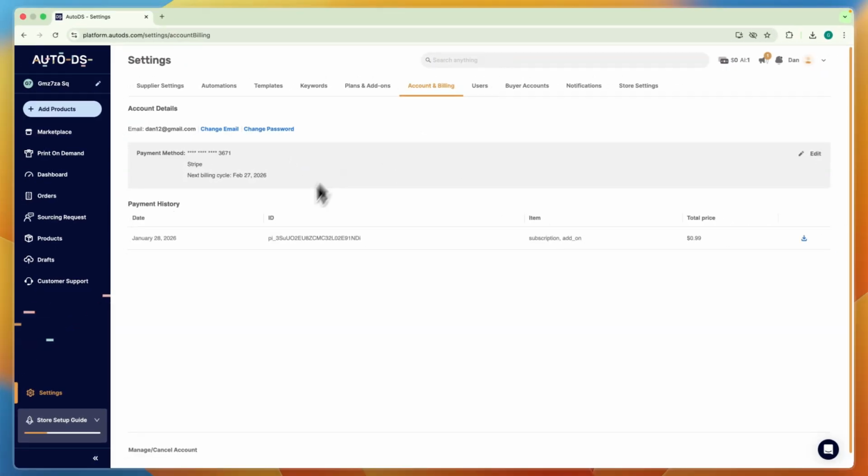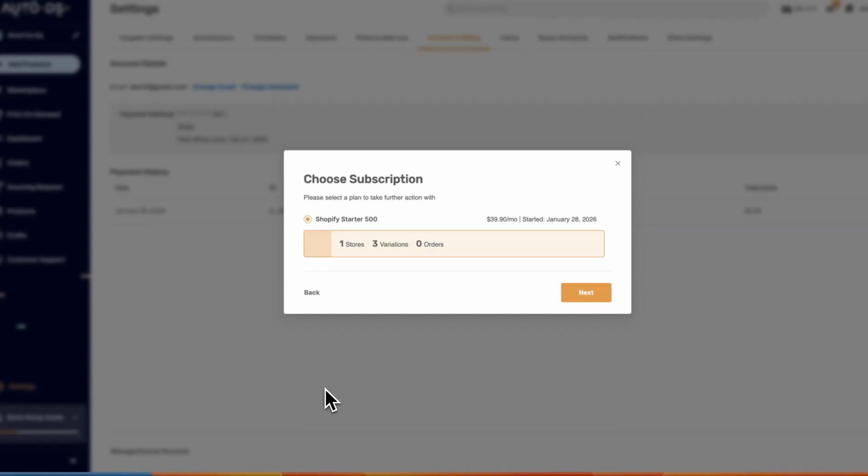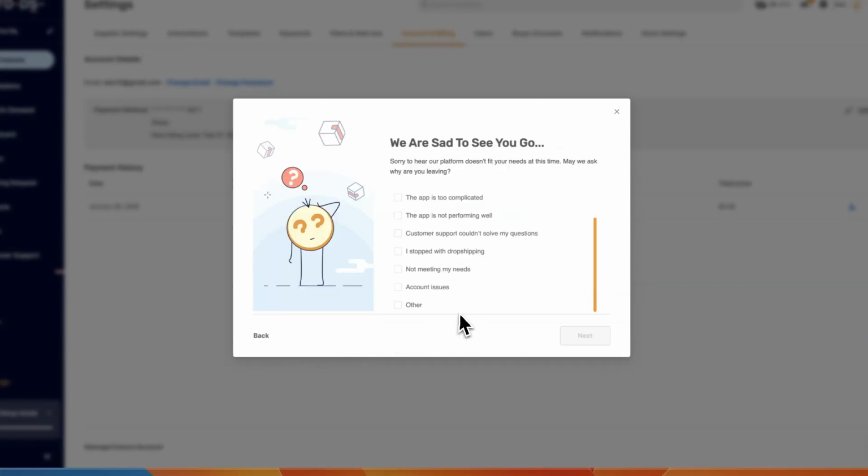What you will need to do is click Manage/Cancel Account right here. Then you can see Pause Account, which will pause your account, but if you fully want to cancel it, just click Cancel Account in the bottom left. Then here click Next, and then click on Cancel Account again. Then you can give an issue, doesn't really matter which one you want to do, and from there click Next